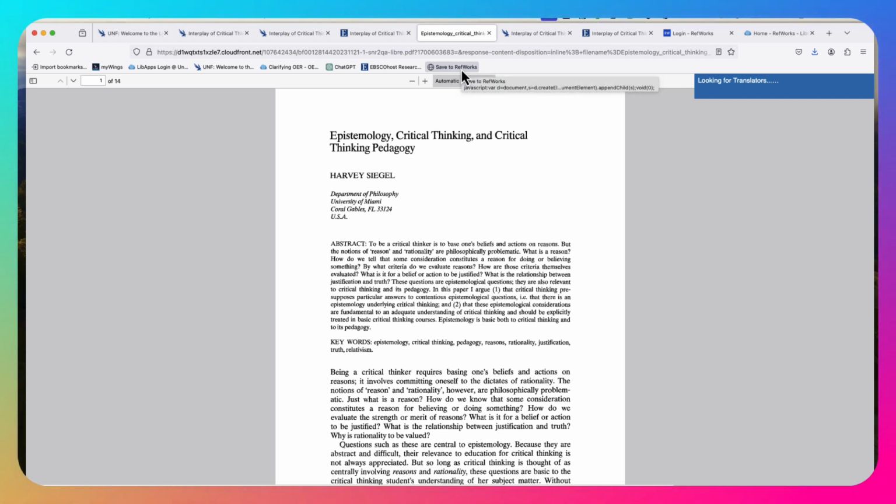And it can be a little bit wonky, meaning that sometimes you have to add some of the information yourself, but sometimes with websites, it will allow you to just drop it right in.